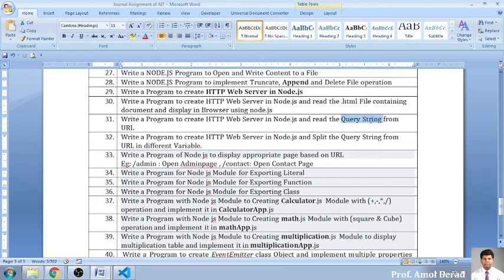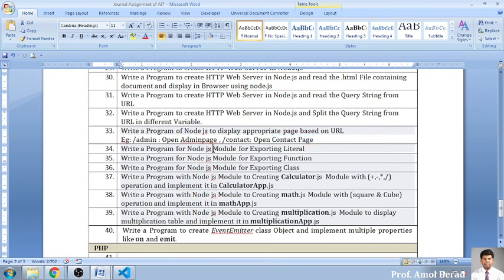We have worked on query strings also, whether it is concerned with the URL or the differentiation of the URL, meaning we have learned to read the URL and, on the basis of the URL, to separate its values and its parameters. Then we have gone into detail about the URL, and we have created separate pages so that whenever I put this URL, the page should open, that is the admin page. When I put any URL, the corresponding page should get displayed. That type of example we have already covered in a session.